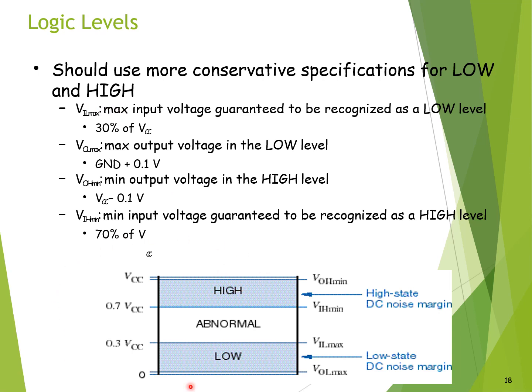So from this we can understand, if the voltage goes below a threshold value we cannot record it, all those can be recorded only as noise. Similarly, if it goes above a threshold voltage level it is also recorded as noise. So the margins for noise are defined in this diagram. That is, this is the high state DC noise margin and this is the low state DC noise margin, and if it goes outside these two threshold limits it becomes abnormal.